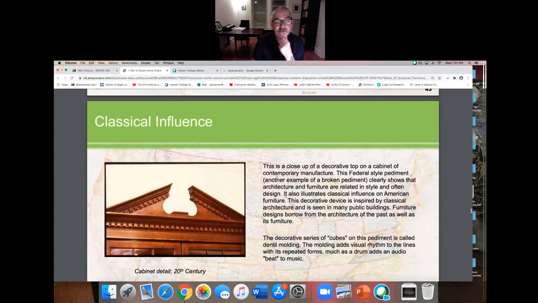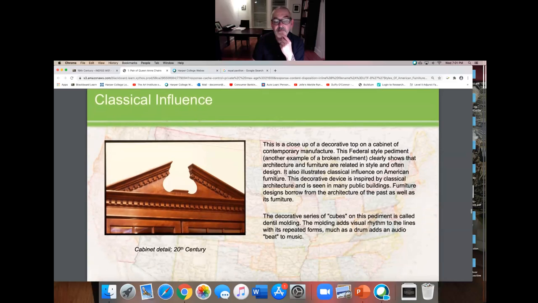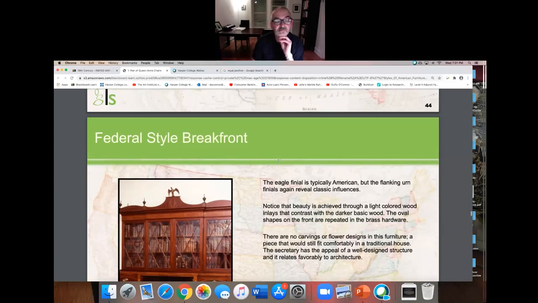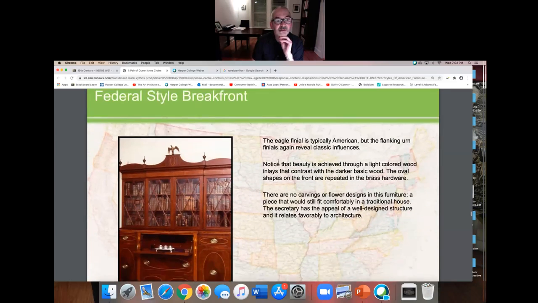And here, still using classical influence. Federal style associated with the United States. The United States is associated itself with ancient heroes like Roman and Greek, and they're a federal style break front cabinet with a bookcase, and there's your eagle, there's your urn finial, and